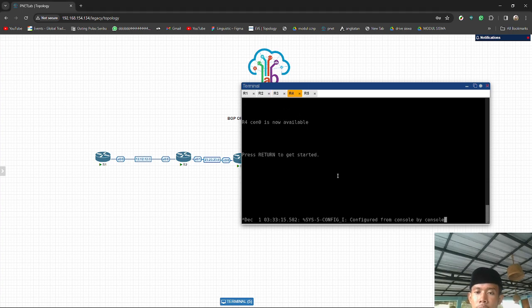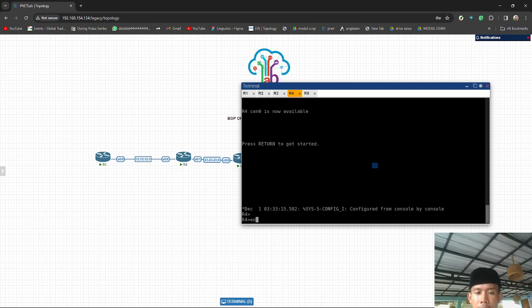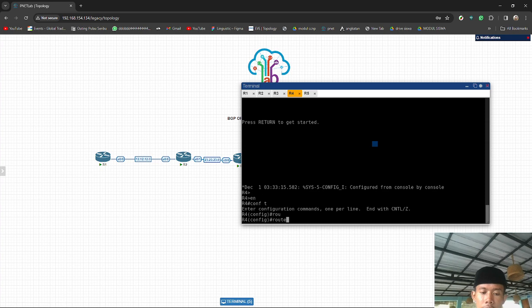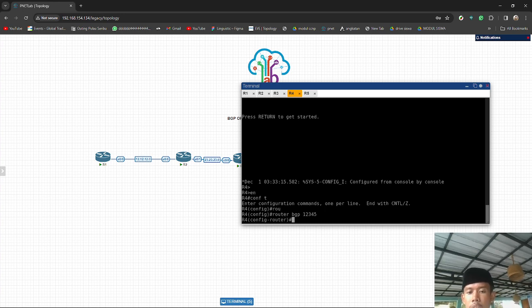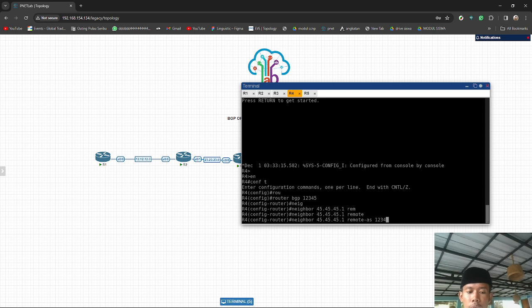Okay, let's move to the fourth router configuration. In the fourth router we have a slightly different configuration. Check this out. Router BGP 12345. And the neighbor is not only 1.1.1.1 but there is also a 5.5.5.5 neighbor. Neighbor 45.45.45.1, remote AS 12345.